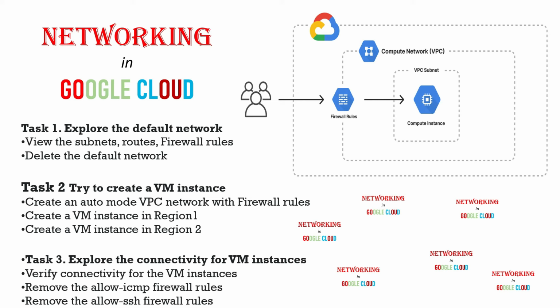And after that, we have also connected from one instance to another instance using the firewall rules that we have defined, like allow ICMP and the customized allow custom. We have also demonstrated that if these firewall rules are deleted, then we are not able to connect using these public IPs and private IPs. And at the last, we have also checked the impact of the allow SSH firewall rule. If we delete that allow SSH firewall rule, then you are not able to connect. So we have understood the very basic idea of networking in the cloud, and we have explored very fundamental things. So this is all for this